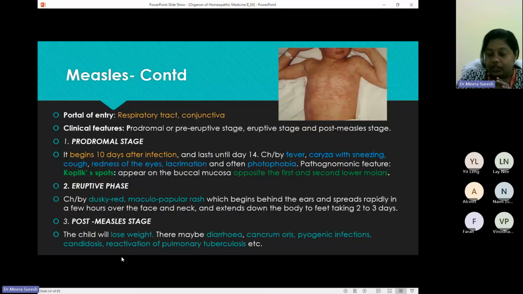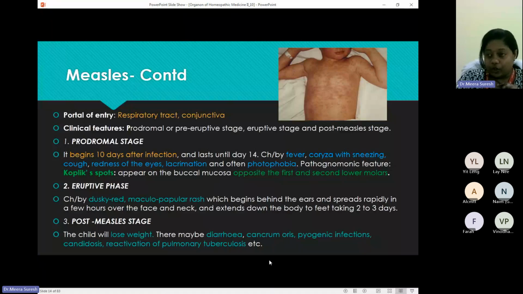In the post-measles stage, the patient or the child will be losing weight. There can be diarrhea, cancrum oris. Cancrum oris is a very fatal condition, a gangrenous condition of the oral and nearby structures. And that is because when measles comes, and if you do not give proper care to the patient, the child may have